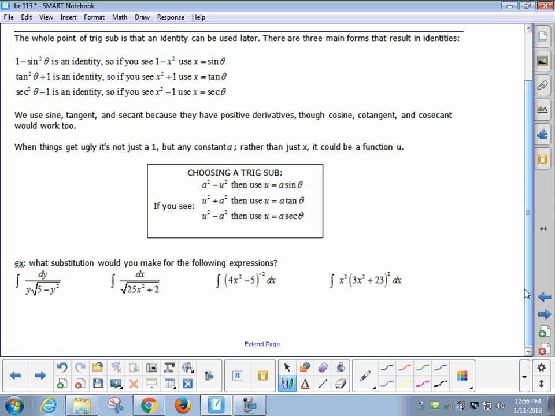Actually, let me do one with you, and then I'll let you go at it. Look at this last one here. Don't worry about the dx or the x squared. Focus on where either you have a sum of squares or a difference of squares. That's the start of the show. Okay? Because I have function squared plus some number, I should use tangent. Okay? So the idea is this is some kind of function squared plus constant squared is what I see there. With that, then, I'm going to make u